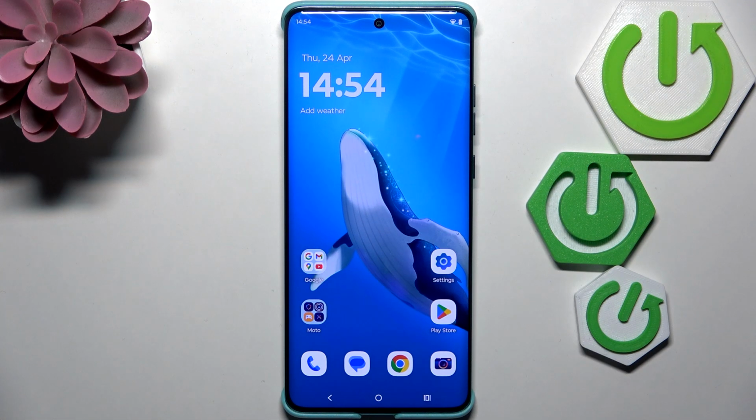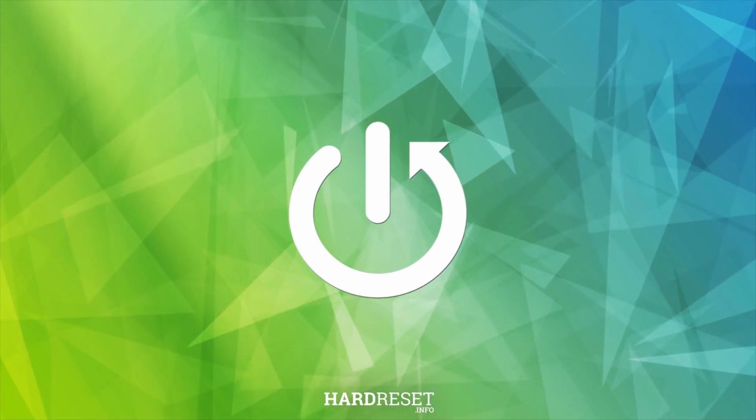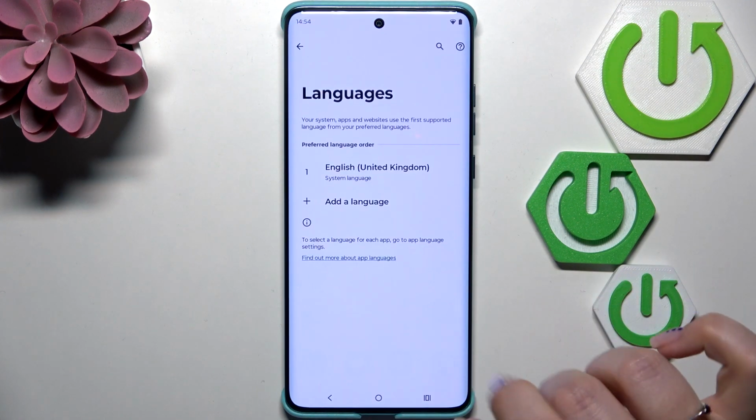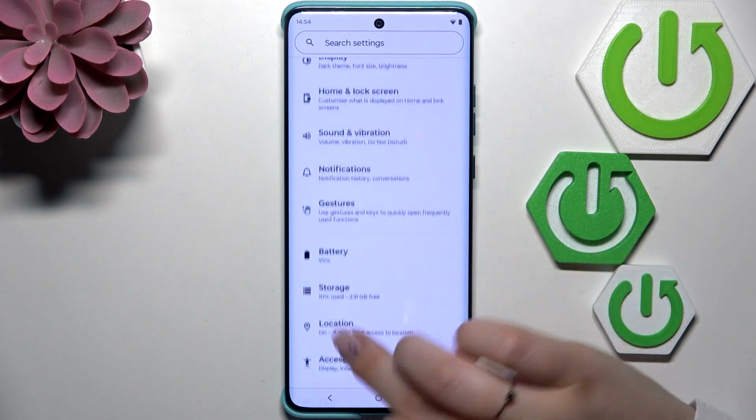Hi everyone, in front of me I've got Motorola Edge 60 Fusion, and let me share with you how to change the ringtone on this device. So let's start with opening the settings, and here in this general list we have to scroll and find sound